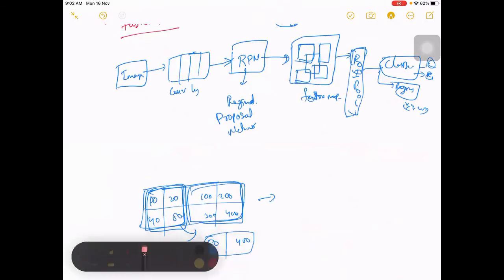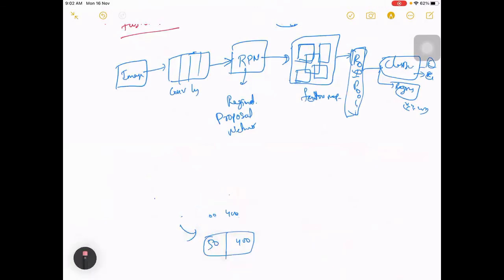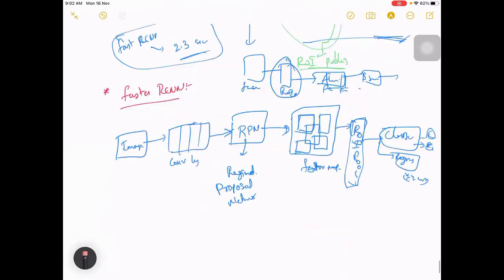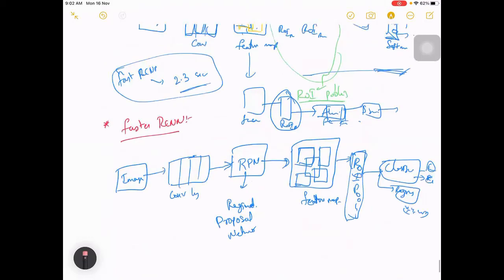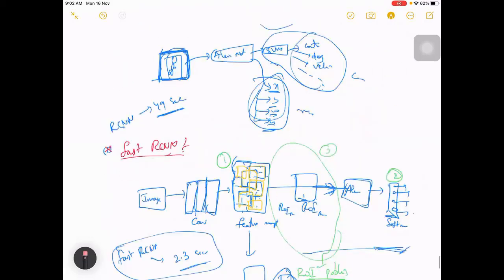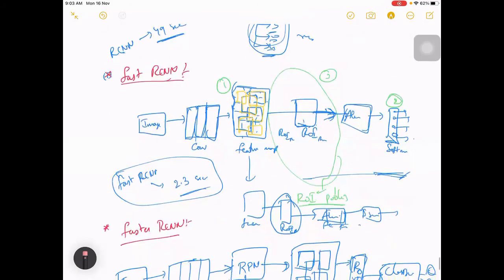It has proved to be much faster compared to the previous one. That's why it's called Faster RCNN, and it is much more accurate as well. There is already a significant decrease in the time it takes to run, right?